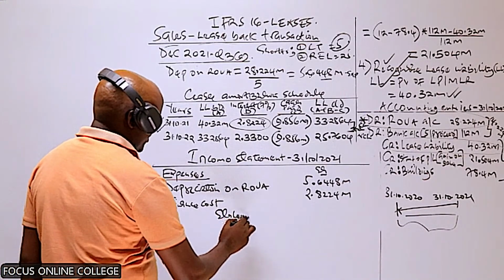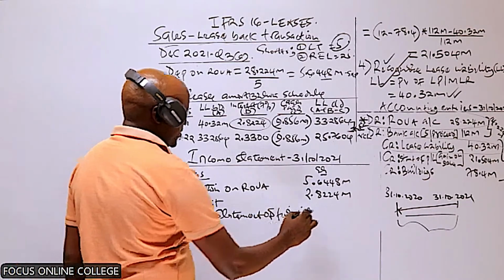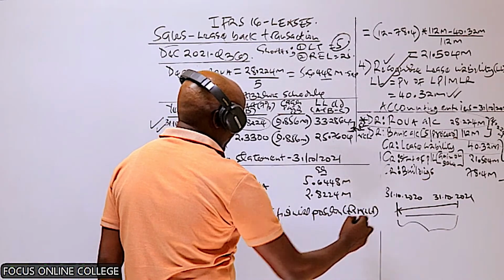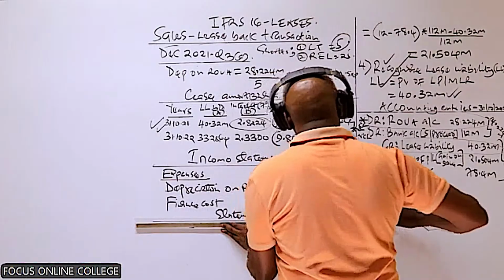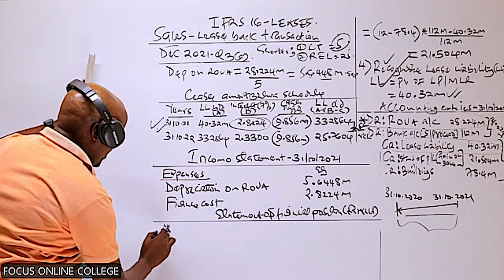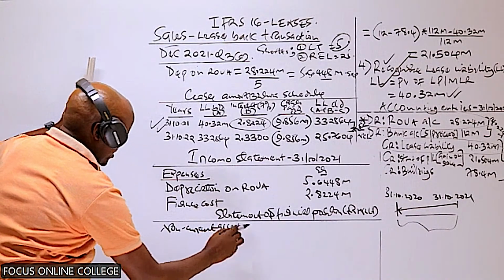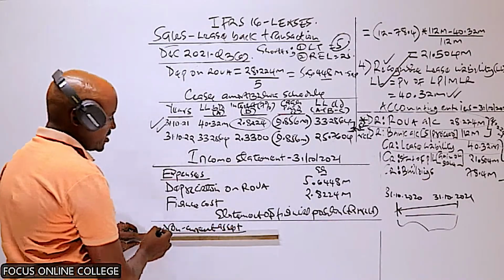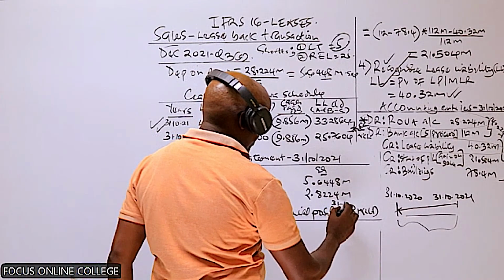Finally, we prepare the statement of financial position. Still, remember, this is an extract. Here we have 3 items. The first one under the non-current assets is the right of use asset. And remember, these are statements of financial position extract for the year which ended 31st of October